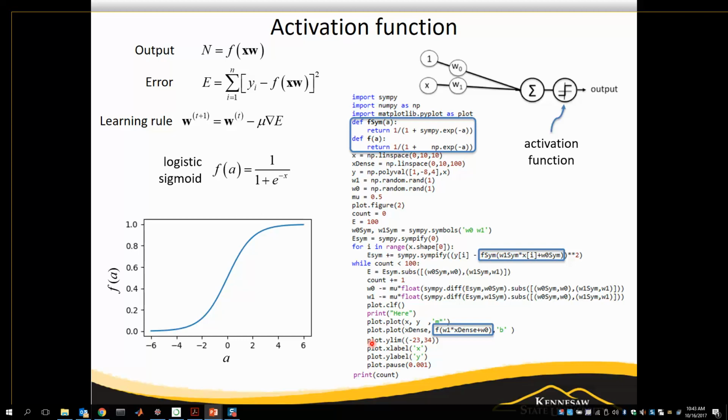Okay, so all we need to do to modify the code is to add in a function. I'm adding in a symbolic function for f and one that just takes in regular numbers. And then instead of just taking w1 times x plus w0, I need to plug that into the function f. And instead of just taking w1 times the x's and w0, I'm plugging that into the f. Okay? There's one other difference. I've got this x dense